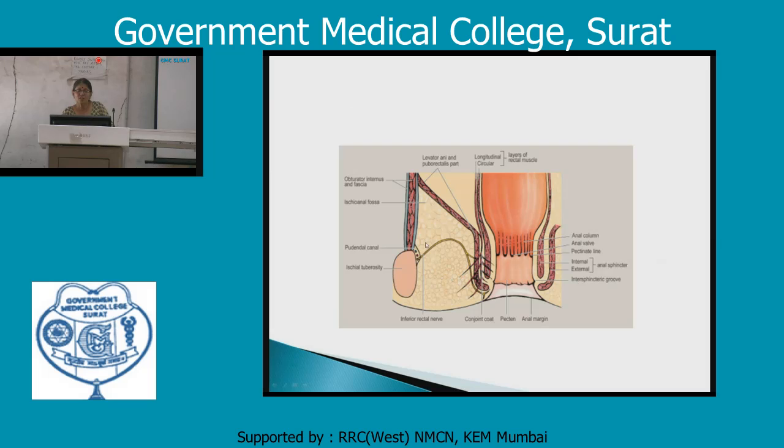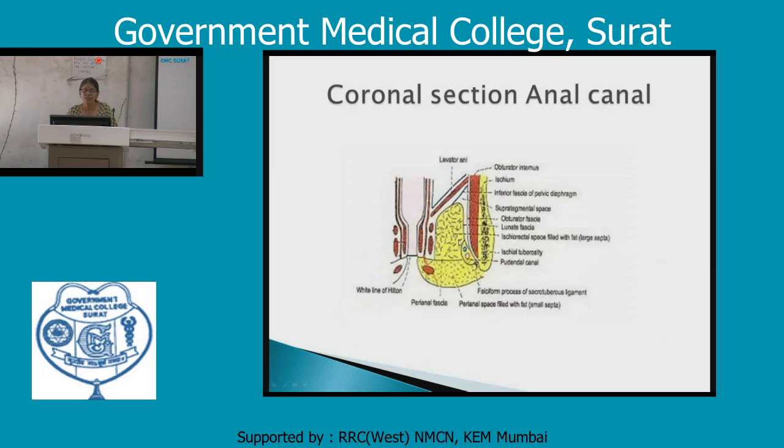This is the ischiorectal space, this is the perianal space between perianal fascia and skin. Here you can see the ischiorectal fossa, perianal space. This is the perianal space, this is the perianal fascia. Here is the pudendal canal. The pudendal canal contains the inferior pudendal vessels and pudendal nerve. And from this, inferior rectal vessels will come, and the inferior rectal nerve will come and supply the lower part of the anal canal by traversing the ischiorectal fossa like this. From the pudendal canal they pass like this and supply the inferior part.